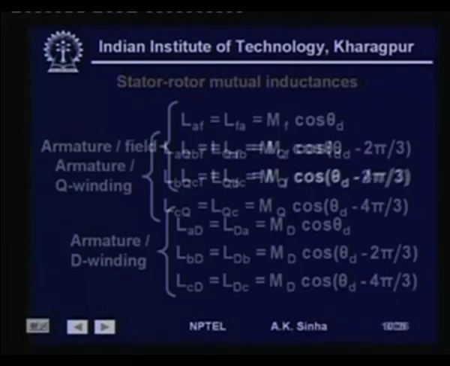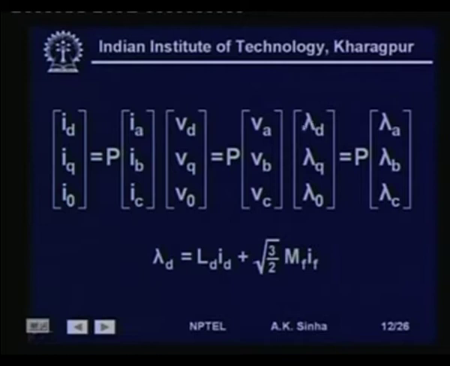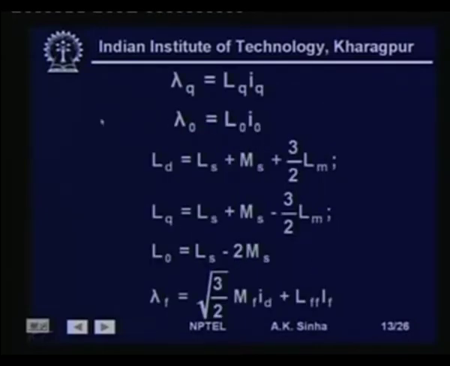and multiply it with this matrix P, the Park's transformation matrix, then what we are going to get is the flux linkages in dq0 frame of reference, where we will get lambda d is equal to Ld into Id plus root 3 by 2 mf into If, and we will get lambda q is equal to Lq into Iq and lambda 0 is equal to L0 into I0,